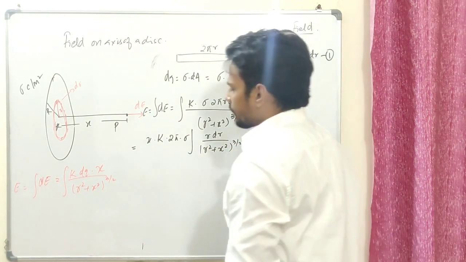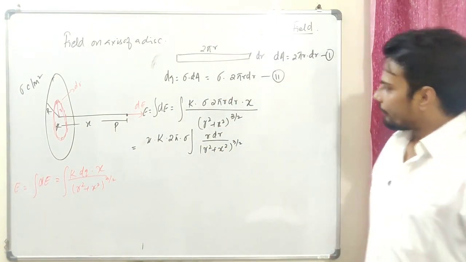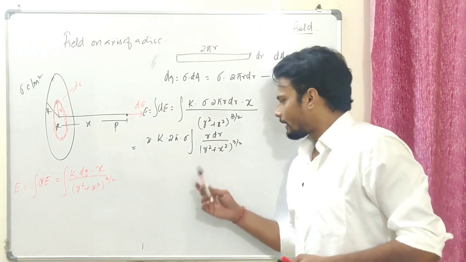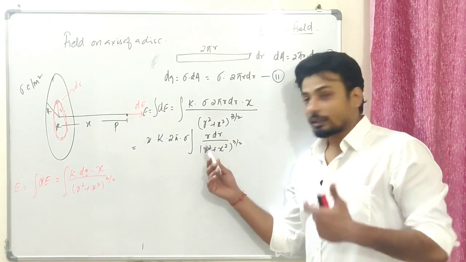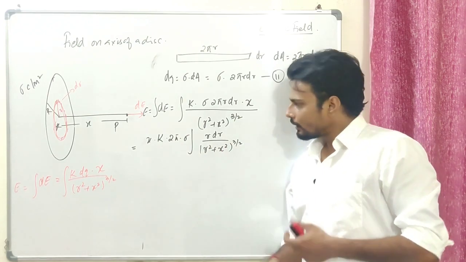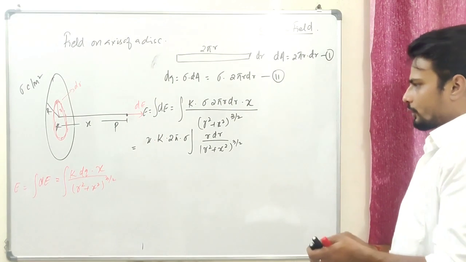Okay, you might be having a question, why am I not putting the limits over here? Well, the limits could be put quite easily once I'm done with these two variables. Now, over here you can see r is a variable, which is actually appearing in both numerator and denominator. And I'm sure you guys have done integration. So let me show you how to do the integration in this kind of case.